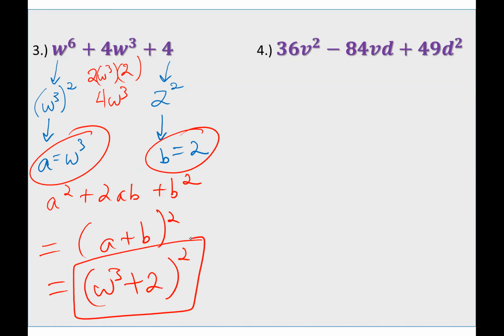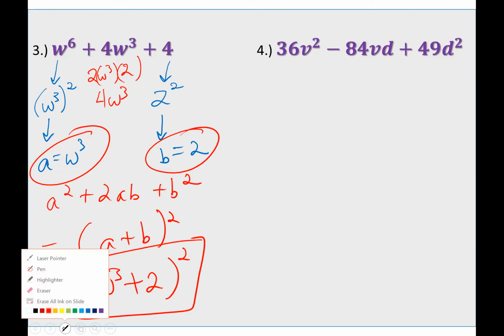So our final answer is (w to the third plus 2), all in parentheses, squared. Another way I could do it is I could write w to the third plus 2 times w to the third plus 2. I could write it separately if I wanted to, but I'm going to leave it as a perfect square here. All right, number 4,